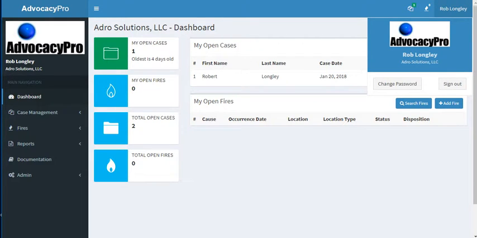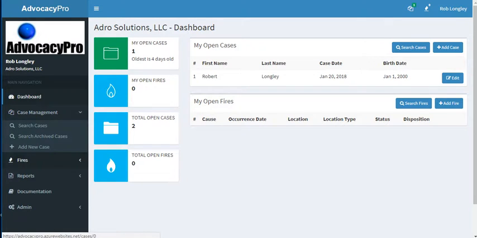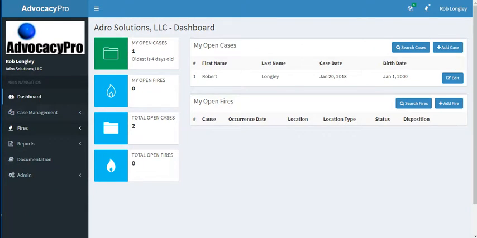I can change my password. I can search and close this. On the main navigation, we have the dashboard, which we're at now. Case management allows us to search cases, search archive cases, add new cases. Similar with fires. Again, this is only really used for college campuses, but I suppose fire departments could use this